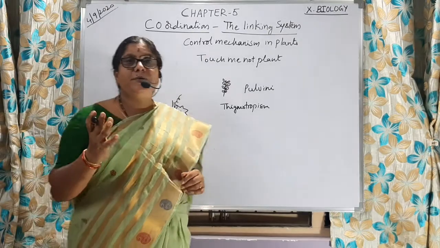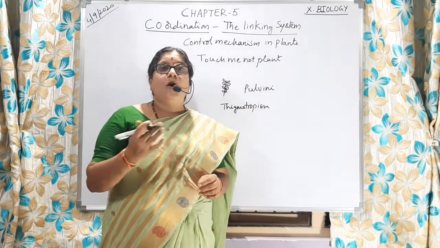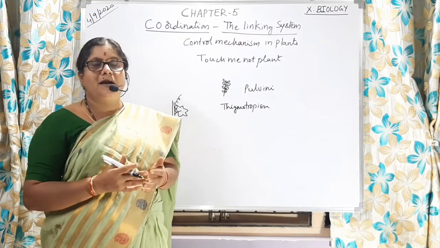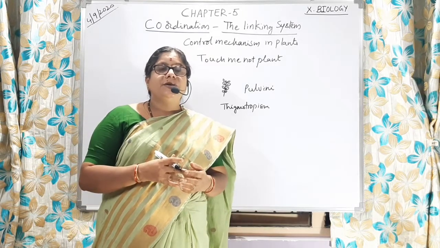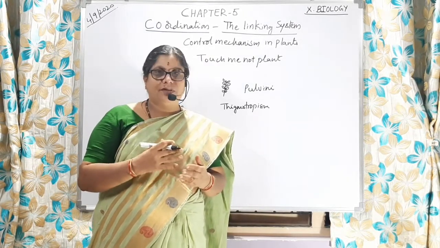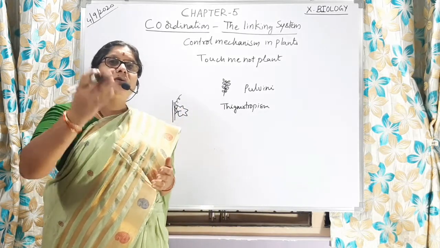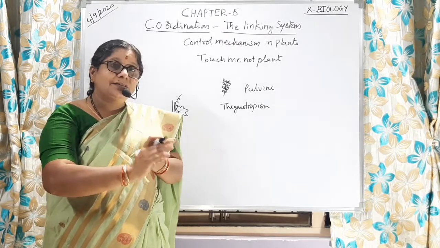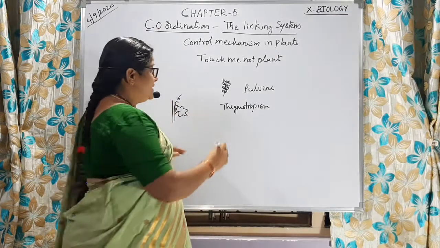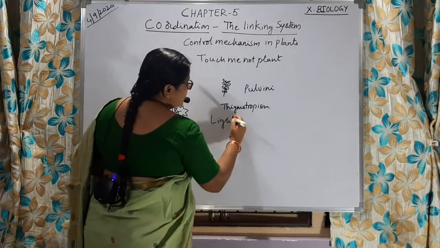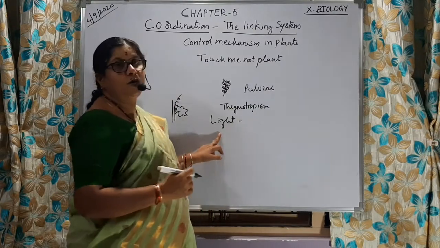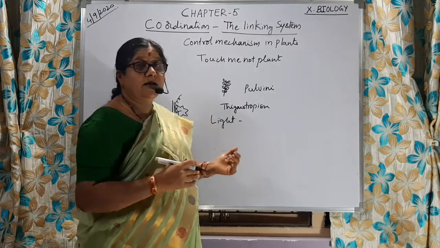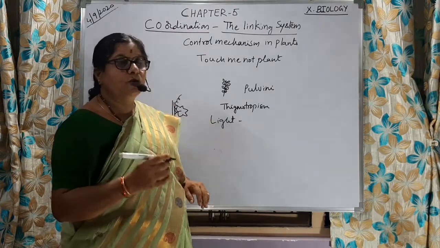Maybe you might have observed in the balcony of your homes, potted plants. If we observe potted plants, any rose plant or any other plant, you can observe more growth of the leaves towards light. Is it not? Have you observed? More growth of branches, the branches of that plant will move towards the light. So light is a stimulus and growing towards light is a response. Whereas in a shady region, we observe less growth. That is one kind of response to light, which we call phototropism.